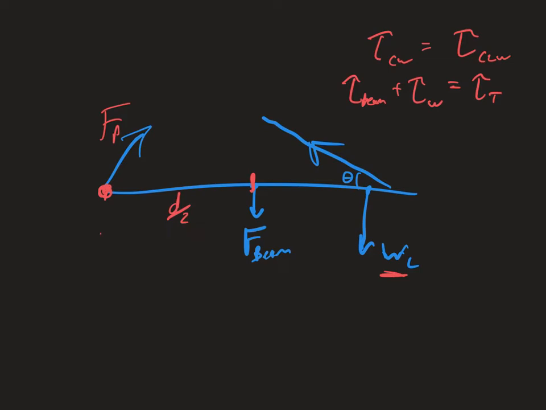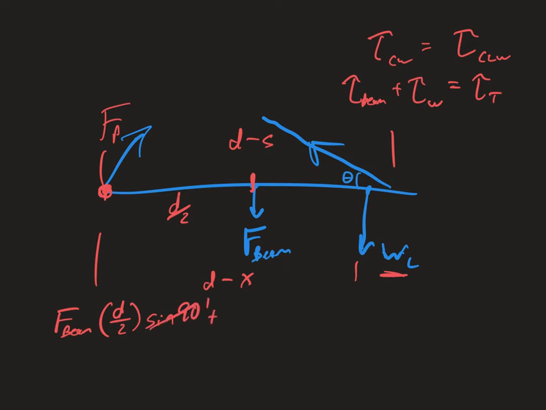For the load, we have a distance from the pivot of d minus x. And for the tension, we have a distance from the pivot of d minus s. So the torque from the beam is going to be the force of the beam times the distance from the pivot, which was d over 2, times the sine of the angle between them, which is 90 degrees, but that just becomes a 1, plus the